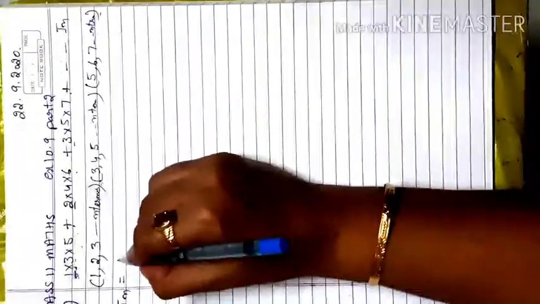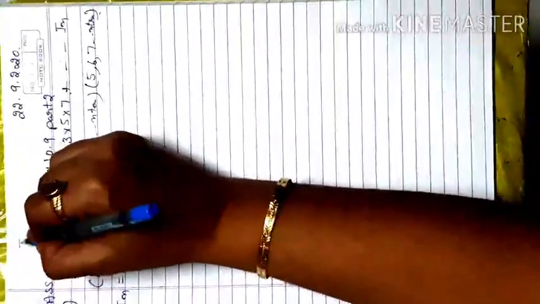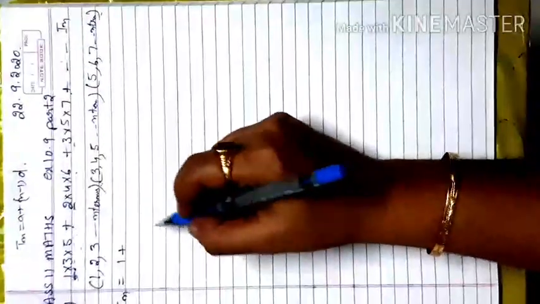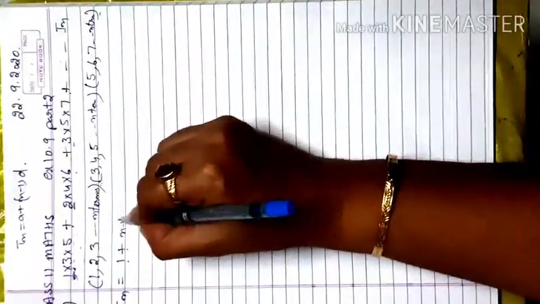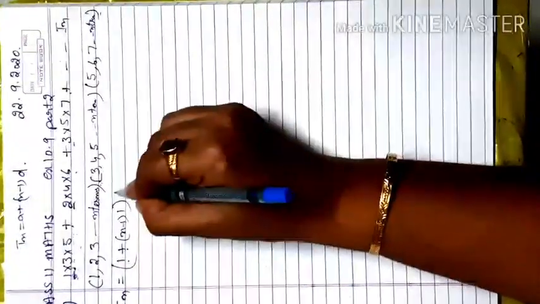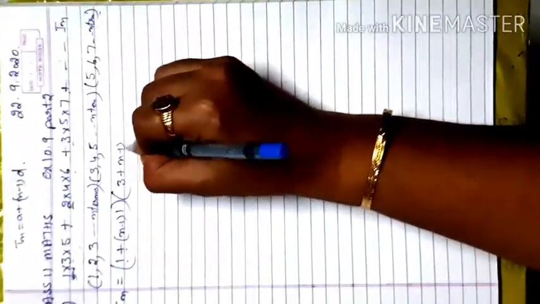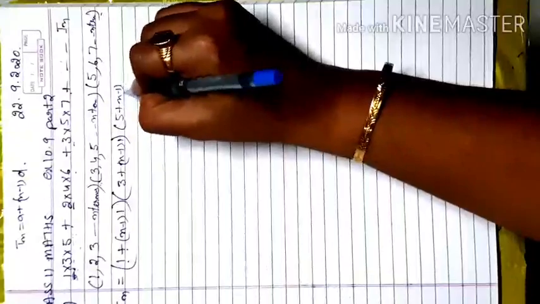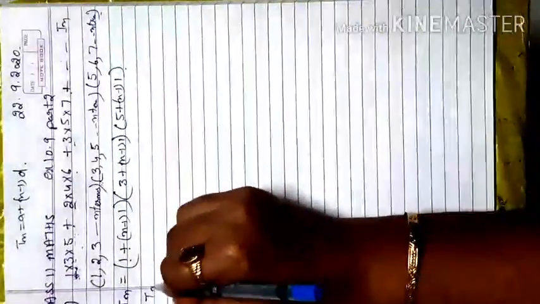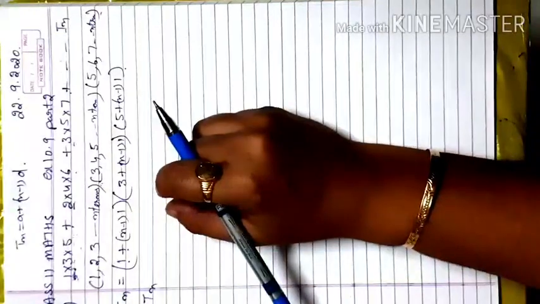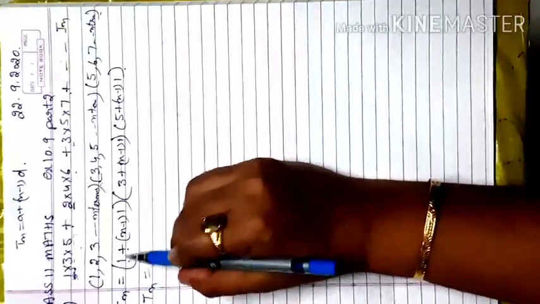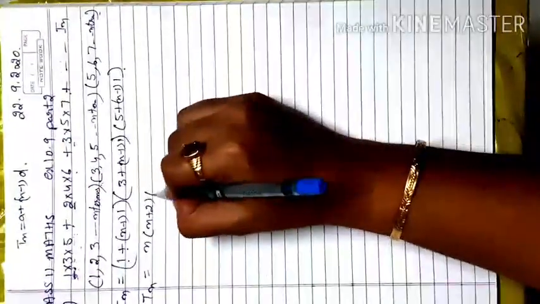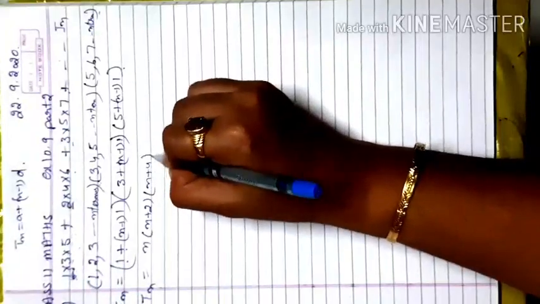Here the first value is 1, and our nth term formula is a plus n minus 1 d, so this is my nth term formula. So this is 1 plus n minus 1, difference is 1. Here also 3 plus n minus 1, difference is 1. So here 5 plus n minus 1, difference is 1. Now for making the combined nth term, you have to multiply these. When you solve, the 1 is cancelled, so only n is left. Here n plus 2 is left, and here n plus 4 is left after solving.